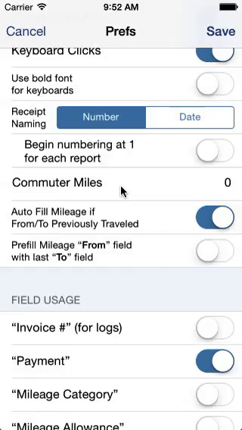So if you go from home to a client, say, and you've gone 50 miles, but typically you'd commute to work, and that's 10 miles, it'll give you the option to deduct that 10 miles and show only 40 that's